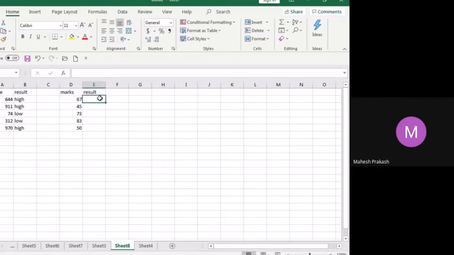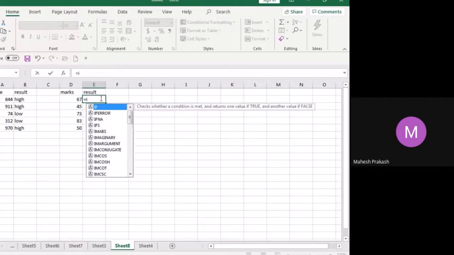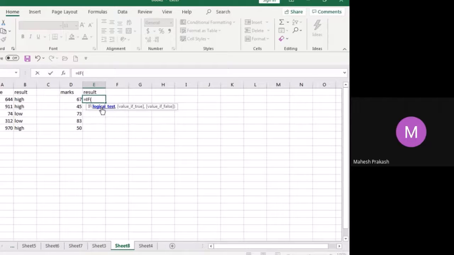Now see the logic carefully. It says IF, with the condition. What I'm trying to say is, if anybody whose score is less than 50, he's fail. Whose score is more than 50, he'll be pass.